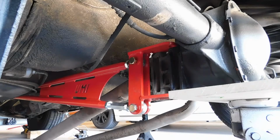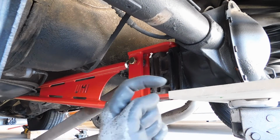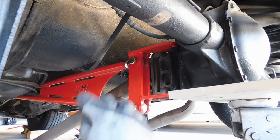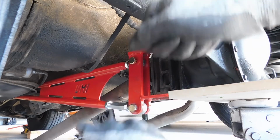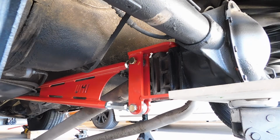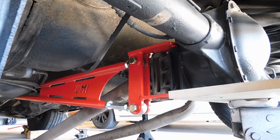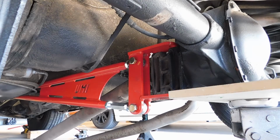We have it installed, not bolted down, but in place. Basically, you're just going to slide it on from the front and push it this direction with an up and down movement. You just shake the torque arm up and down while wiggling it back, and you get the holes lined up. And then always remember, your bolts have to go in from the top,